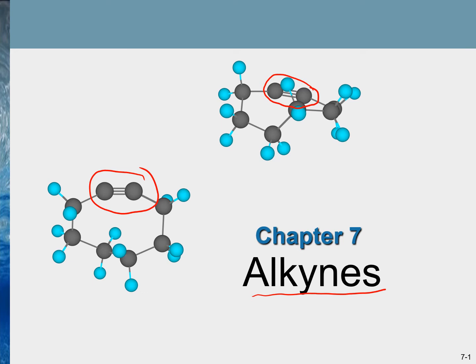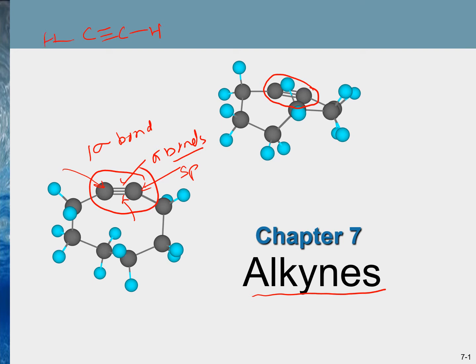If you recall the chemical bonding learned in chapter number 1, a triple bond is made up of one sigma bond and two pi bonds. The carbon atoms which make the triple bond are sp hybridized, and the sigma bond is a result of head overlap of sp hybrid orbitals, and the pi bonds are a result of side overlap between the two p atomic orbitals. For example, the simplest alkyne is ethyne,